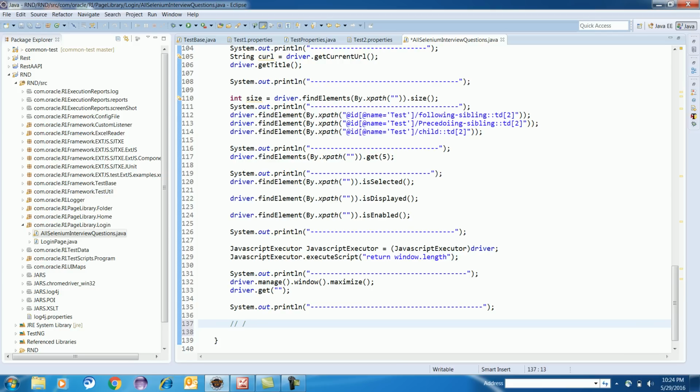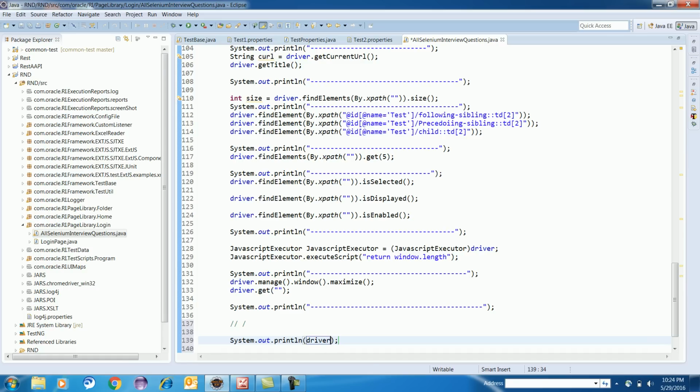I'm trying to remember if there is something I am missing, so better I write it down here itself. Sometimes they will ask you how to get the attribute value from the web element.